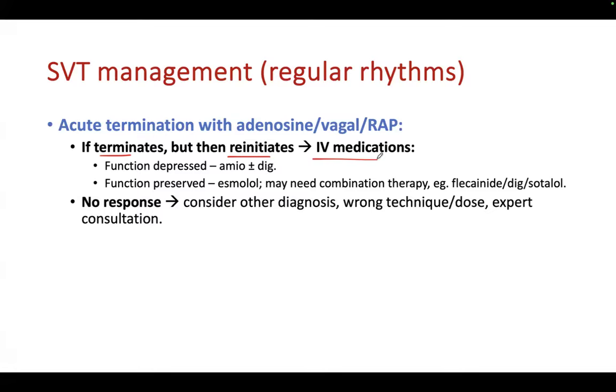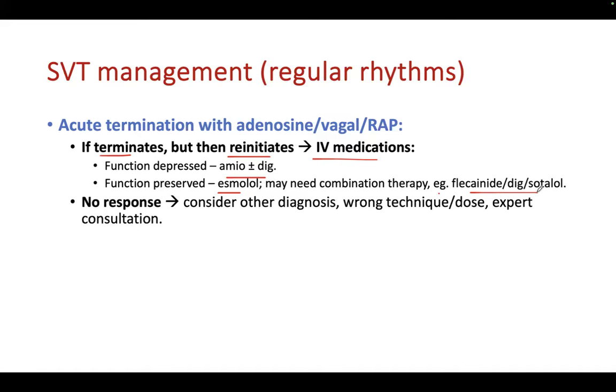So what I usually do if the function is depressed, I usually start with amio, plus or minus digoxin maybe, but mainly amiodarone. But if the function is normal, we can do esmolol, plus or minus another oral agent if things are not easily terminated, okay? But our IV options that we have in Kuwait, amiodarone or esmolol, are your main IV